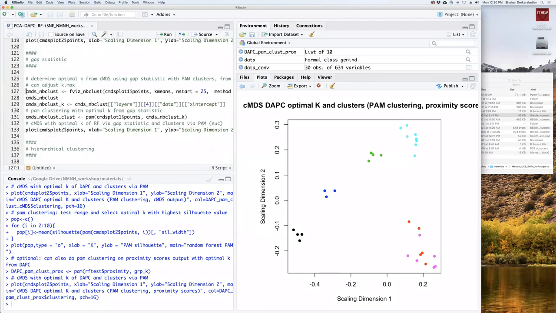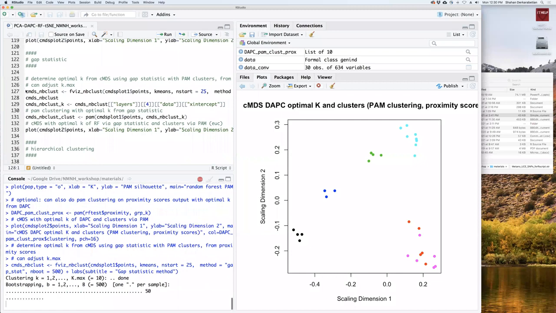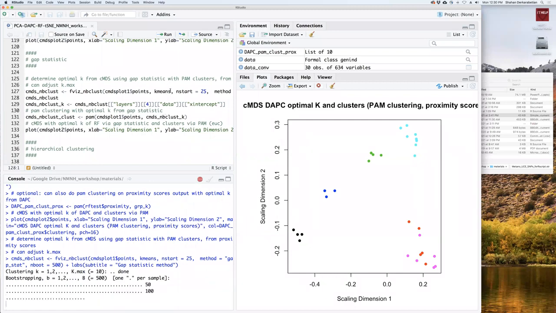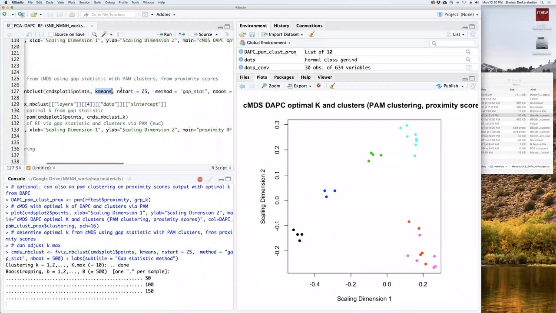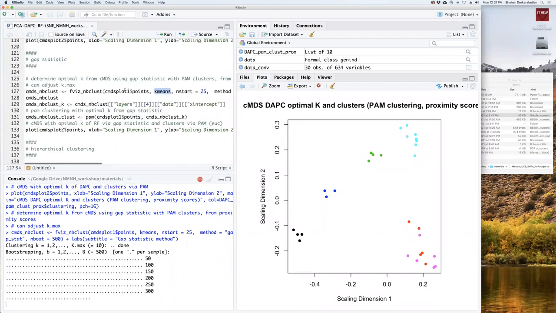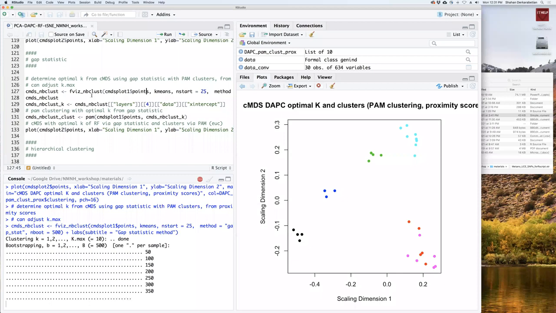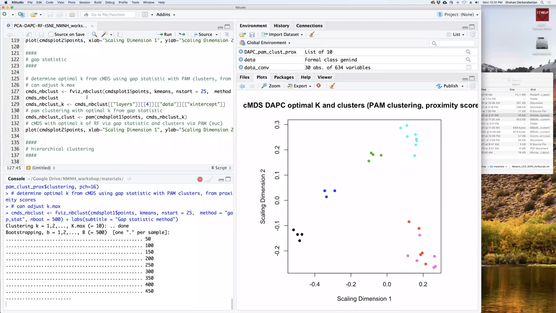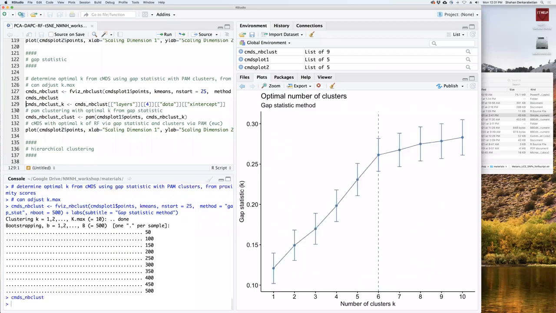Gap statistic is another one that's a little bit different. It uses k-means clustering. There are some variables you can set, but for the most part, it's pretty standard. It does a bunch of bootstrapping. This is what it uses to determine the number of clusters, right?